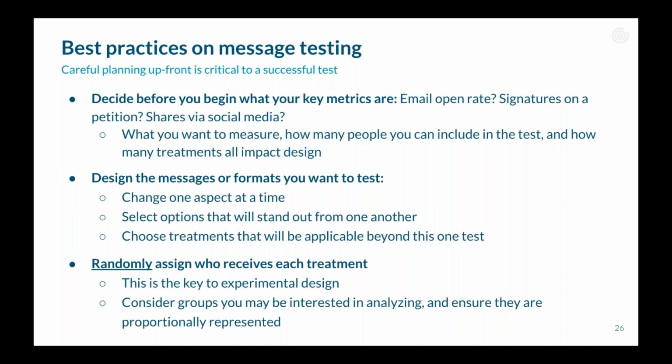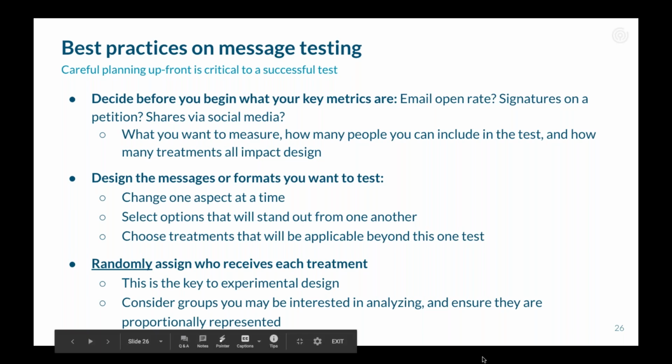And finally, randomization is the key to a valid statistical test, so it's critical that this is done correctly. Each of the groups, your control and your treatment groups, has to be statistically representative, and random assignment is the easiest way to ensure that. If you're not sure or just want to double check, we recommend checking against different attributes that you have available and making sure that each of the groups is proportionally represented by each of those attributes that you're looking for.